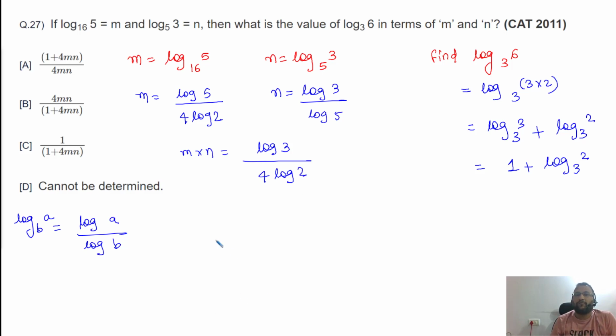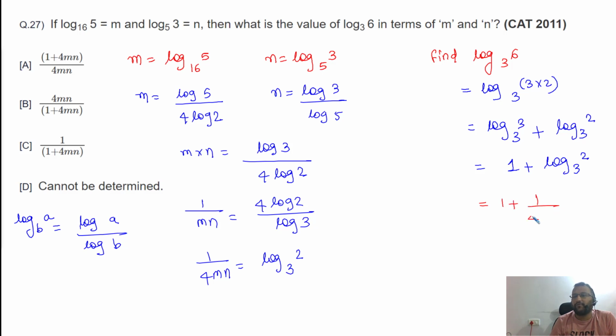So take a reciprocal of both sides. 1 divided by m into n is equal to 4 times log 2 divided by log 3. So 1 divided by 4 times m into n is equal to log of 2 to the base 3. So over here we can replace log of 2 to the base 3 with 1 upon 4 times m into n. So our answer is going to be 4 times m into n plus 1 divided by 4 times m into n. That is option